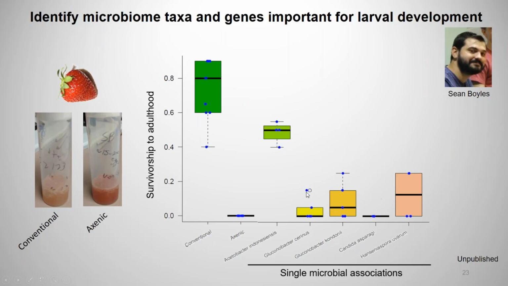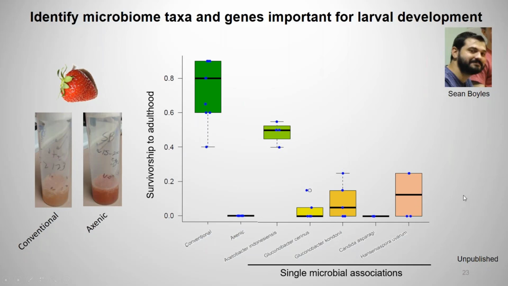So if you supplement the food with Acetobacter, the dominant Acetobacter found in the Drosophila gut, it brings up the survivorship somewhat, to almost 50%. It's still not to the full extent, but it does have a strong effect in rescuing the eggs. But some other microbes we isolated, including two of the yeast species, surprisingly did not play a strong role in helping them